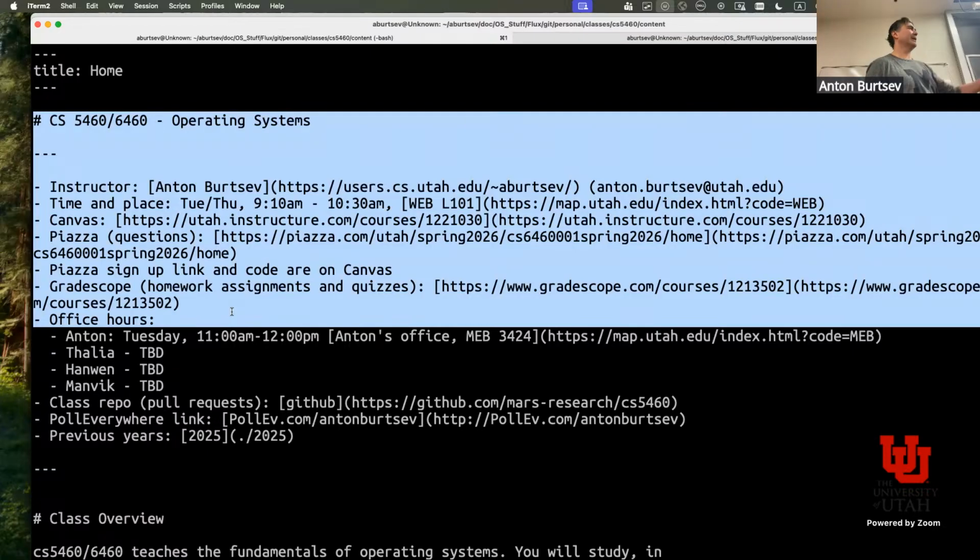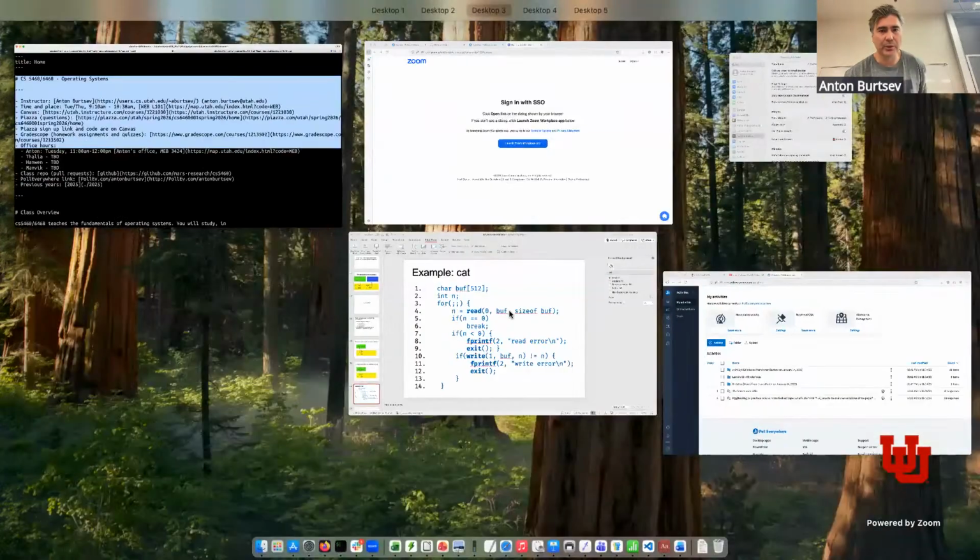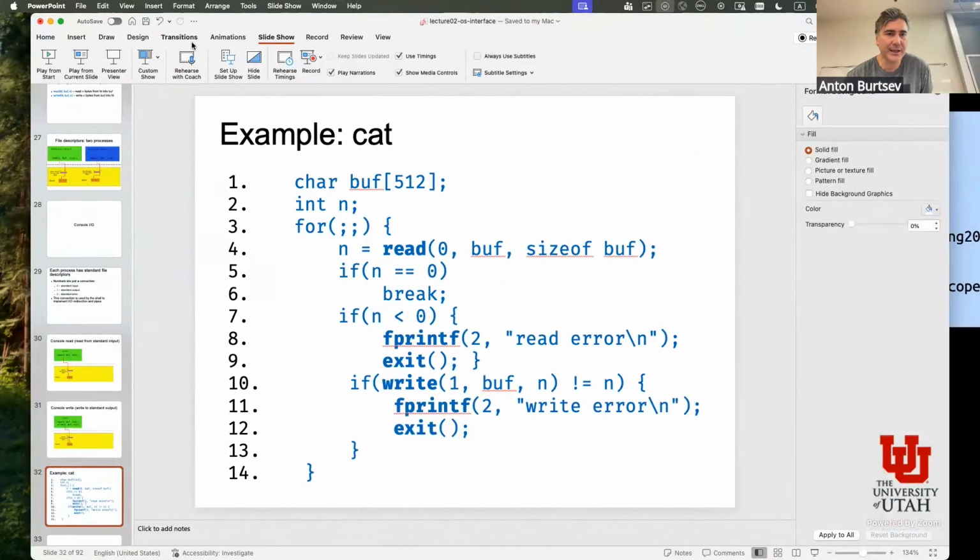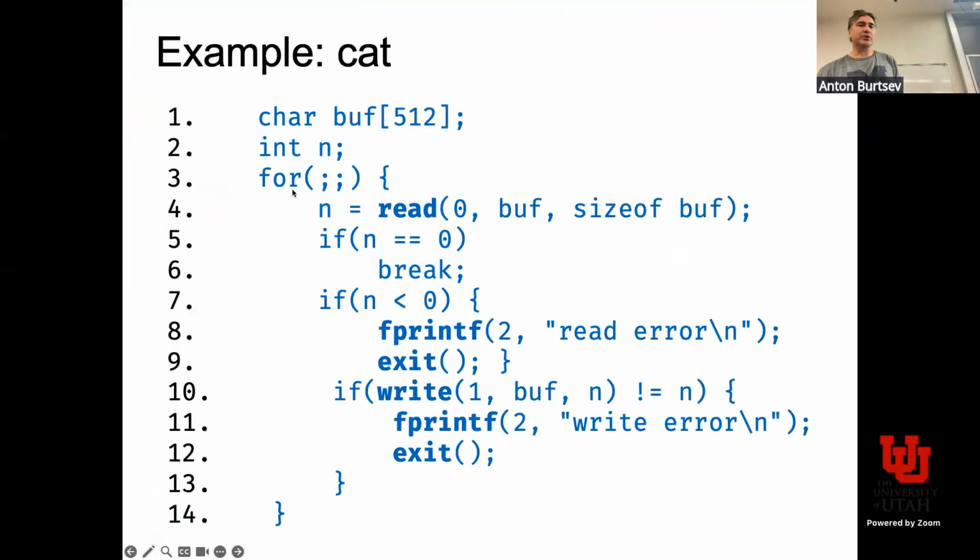And really, the implementation of cat in x86 boils down to those lines which I just showed on the screen. So this is the loop, and what it does is it literally says, okay, I will be running an infinite loop. I will be reading from standard input into a local buffer of 512 bytes. I pass it to the system call, which says, okay, I want to read that much. The system call doesn't know the size of the buffer, it will just copy data into it. If nothing is read, then there is nothing on the standard input, so I break out of the loop and I finish.